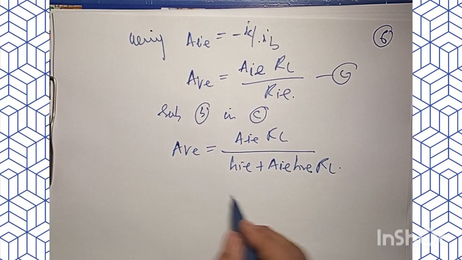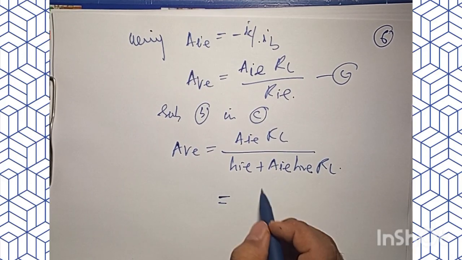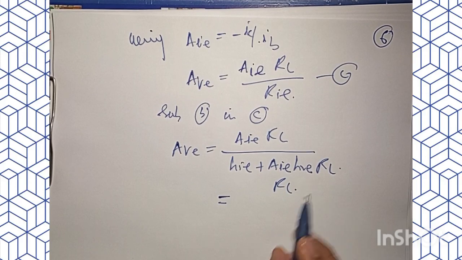If I divide the numerator and denominator by AIE, what I am going to get is RL